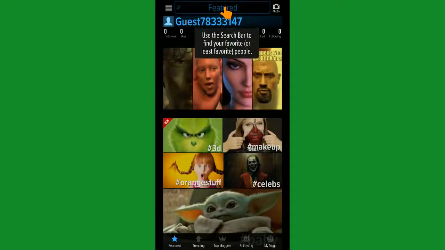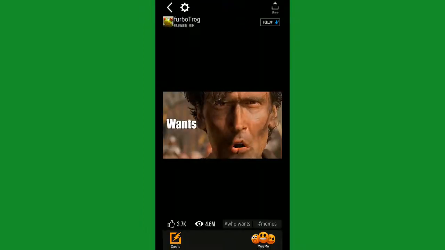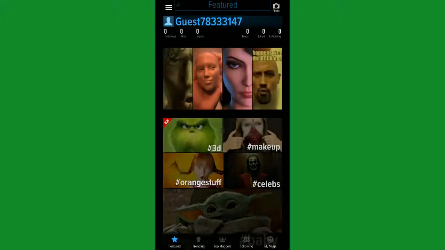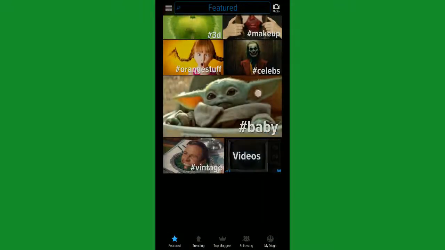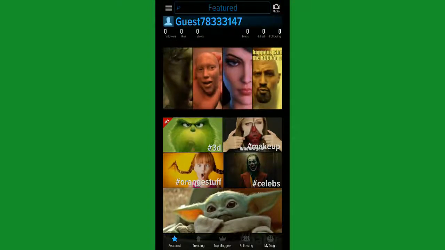Let's try some other features too. From the given predefined templates, you can select any template you want.